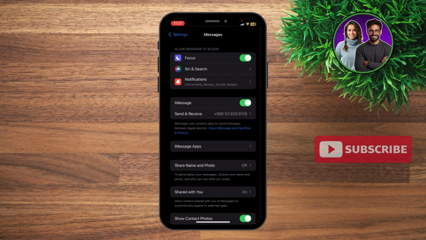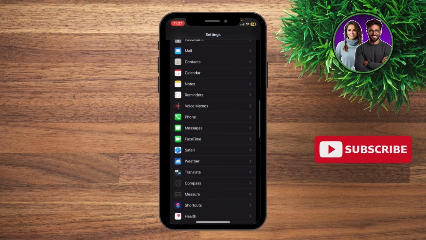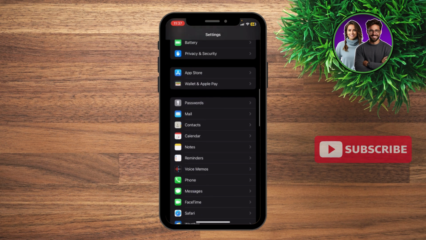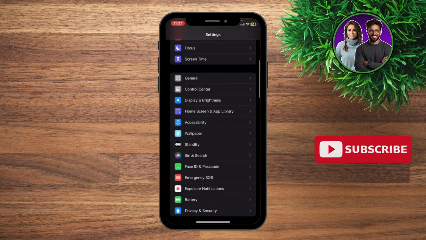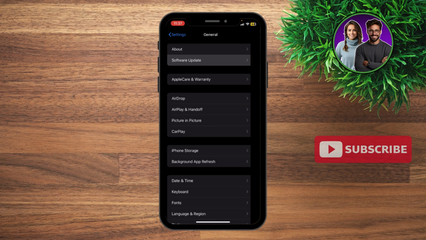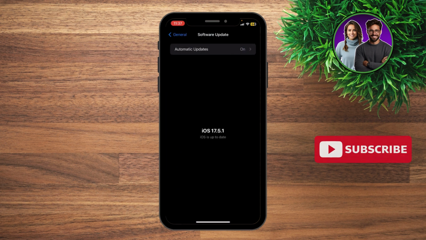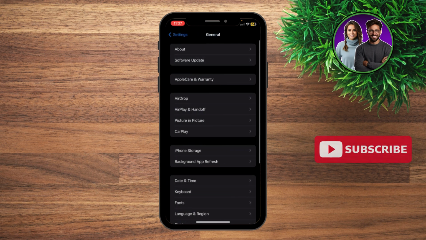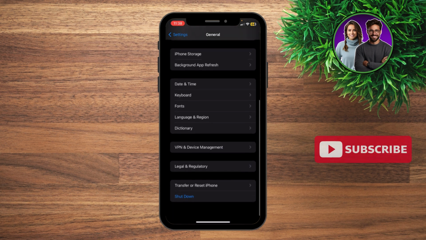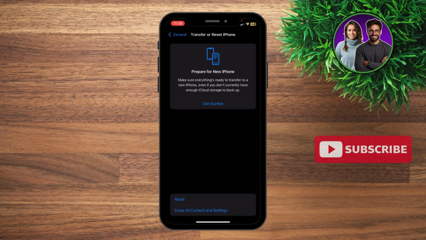If that still didn't work out for you, you're just going to go ahead into your General settings, and I'm going to go to Software Update, and make sure that my iOS is fully updated to the latest version, because maybe that's what held me back from getting the notifications that are needed. But if you're still facing that same issue, scroll a little bit down, click Transfer or Reset iPhone,